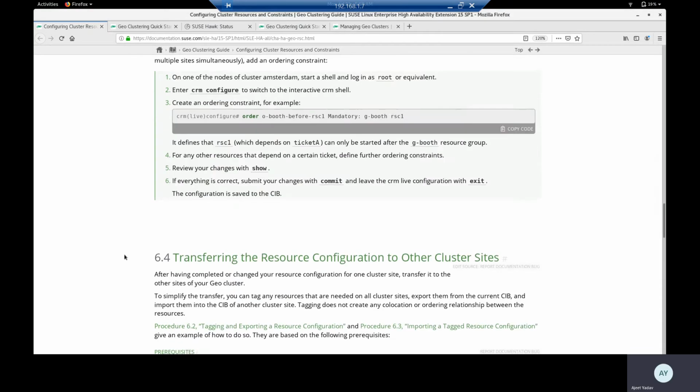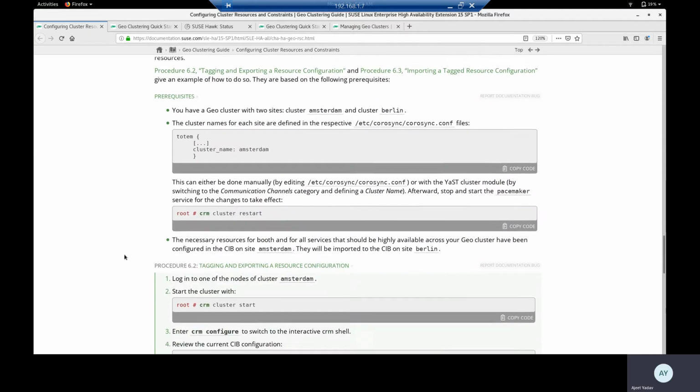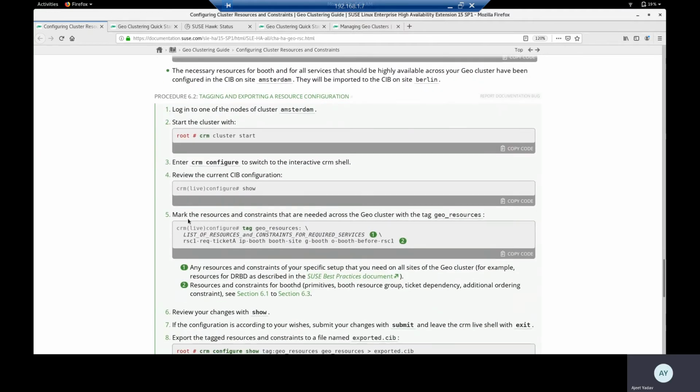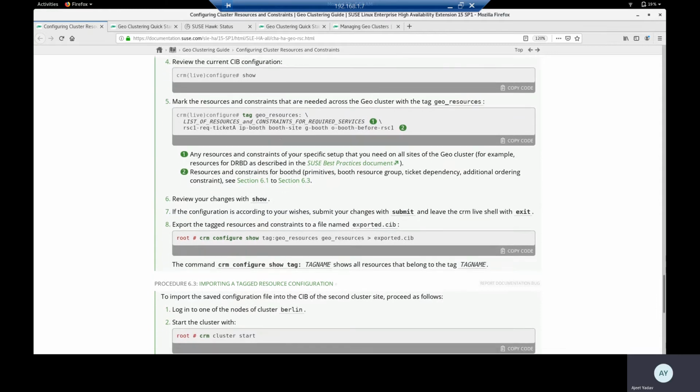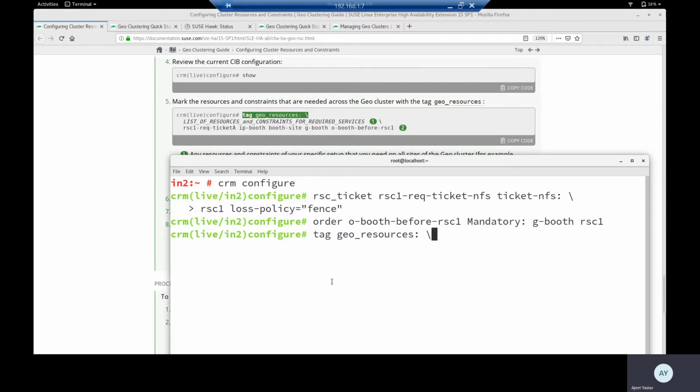The next one is this one. Now you are going to tag the particular resource which will work across the sites, because I have some resources which are site specific. So you need to mention the particular resource which will work across the sites. Copy this one. You are going to tag a resource particularly. Enter. Then the name of the resource is this, as well as the constraint.